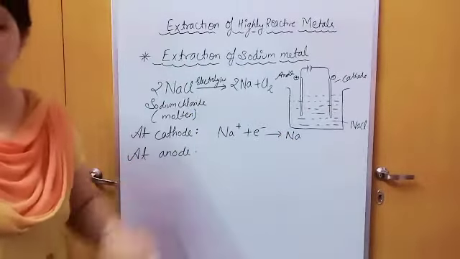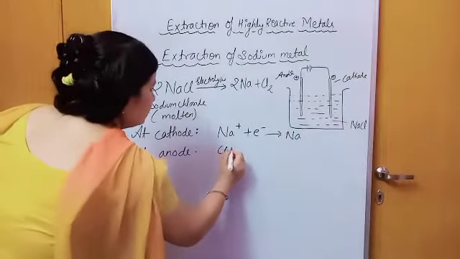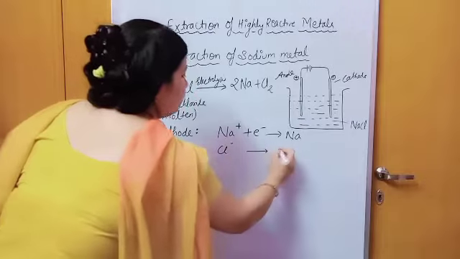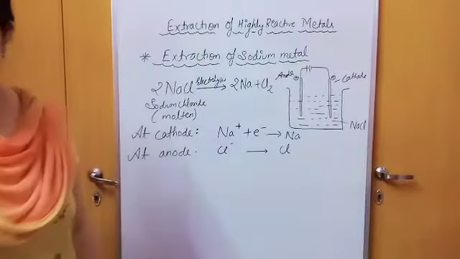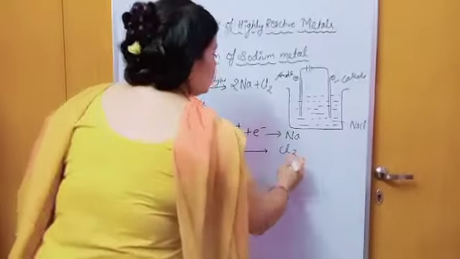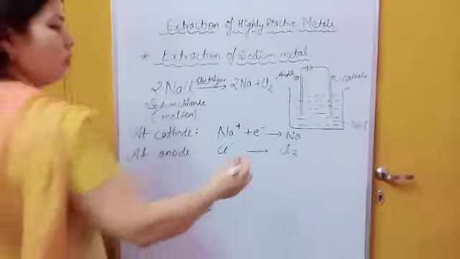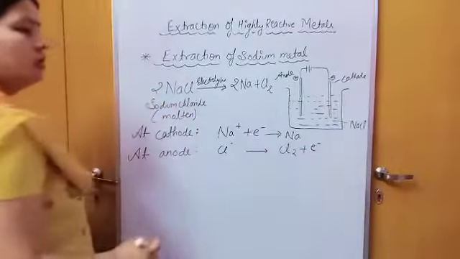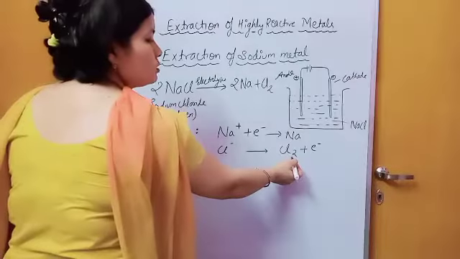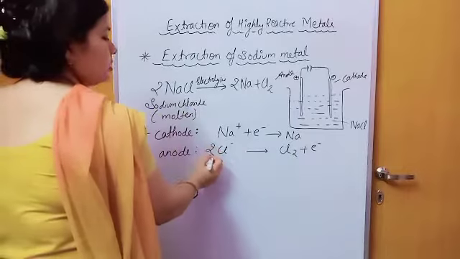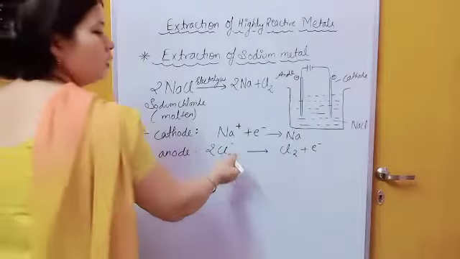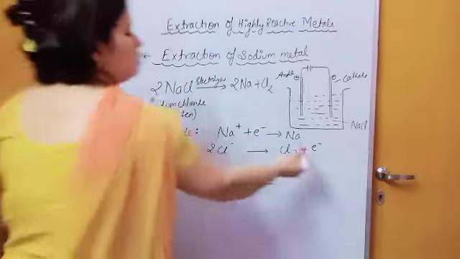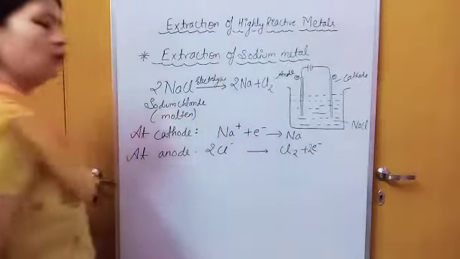And what about the anode side? This one is simple, okay, chlorine, after loss of 1 electron this one becomes Cl2. Okay, because chlorine exists in diatomic form, so after loss of 1 electron it becomes Cl2. Now just see, here number of chlorine is 2 and here number of chlorine is 1, so this side is multiplied by 2, and for 1 chlorine there is loss of 1 electron, so for 2 chlorine there is loss of 2 electron.